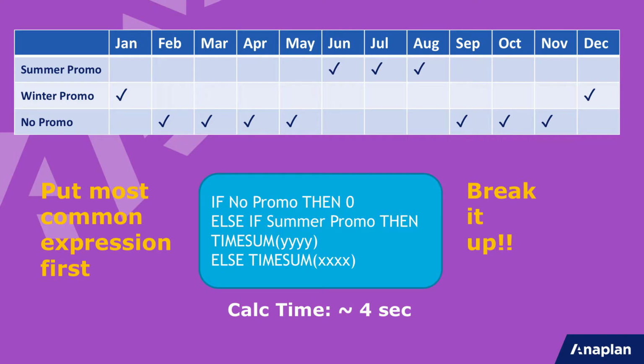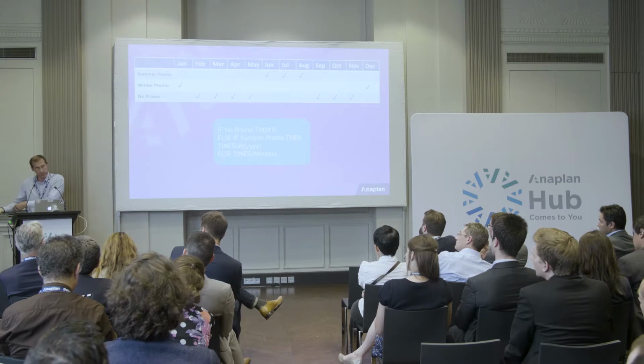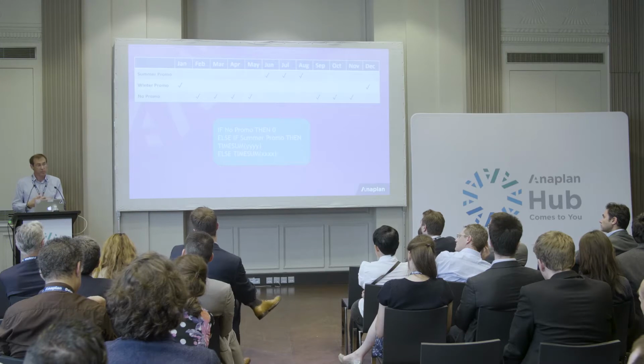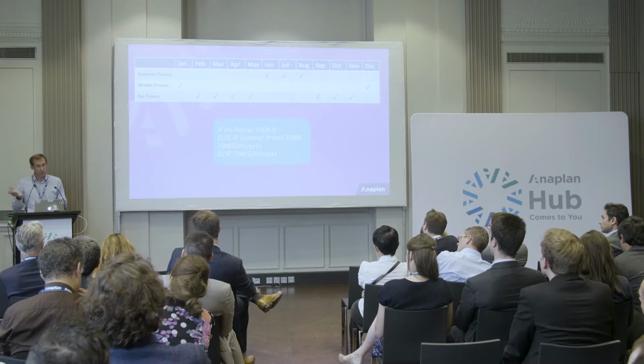So things like history periods, most of the time we'll have a formula that says something like, if it's a history period, then do something, otherwise do something else. But most of our models have more future periods than history periods. So do the check for the future periods first and then do the history ones later. A lot of cases we find that there'll be one condition that is way more common than the other ones. So put that one first. And in this case, we have seen some significant savings. We're talking tens of seconds on some calculations. It depends on what you're looking at, obviously.